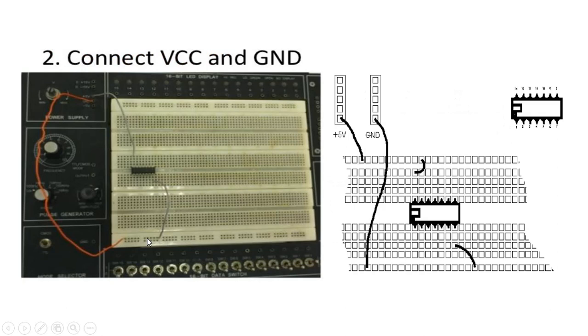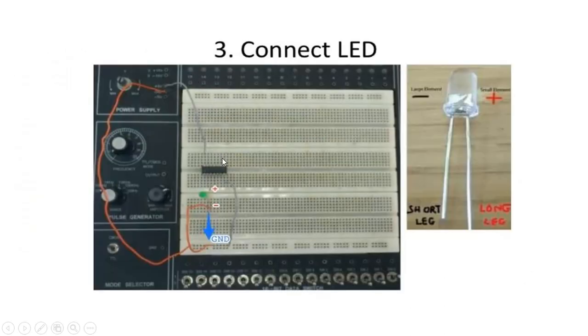So like this, first of all connect VCC and ground. You have given plus 5 volt here, and ground here, and then you have connected and shorted this to this, so this whole section will be grounded. You have connected this to 5 volts, so this 14th pin will be plus VCC. So you have connected VCC and ground.